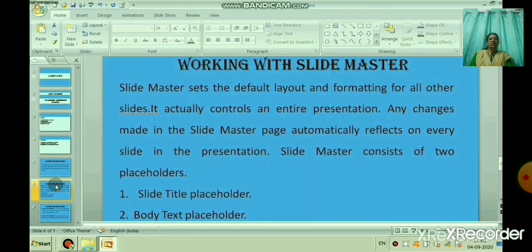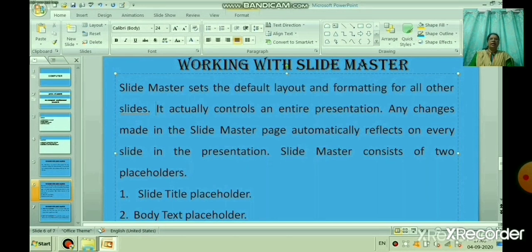Slide Master sets the default layout and formatting for all other slides. It actually controls an entire presentation. Any changes made in the Slide Master page automatically reflect on every slide in the presentation.